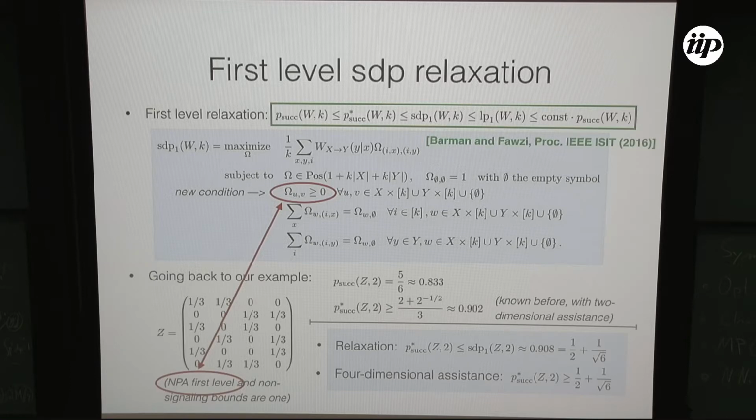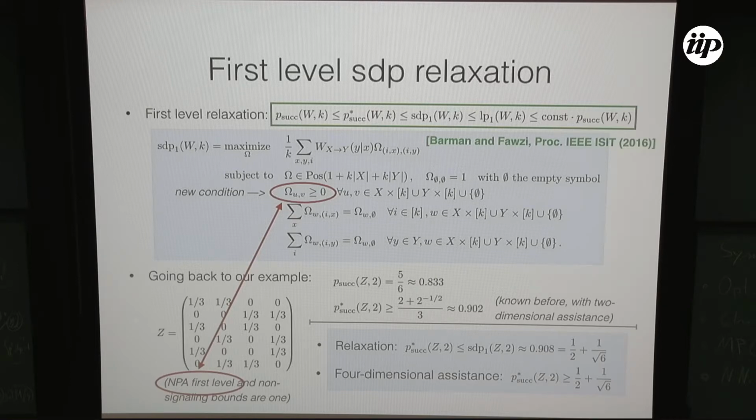Going back to the talk this morning, one thing that Omar presented is that instead of looking at this SDP1, one can forget a few conditions and go to a linear program. Then what Omar and Sid could show is that the value of this program is not too far away from the original success probability. I don't remember the exact value, it was 1 over 1 minus e or something, but it's a constant. It's independent of the alphabet size of the channel or anything else. It's just a constant, and a small one.